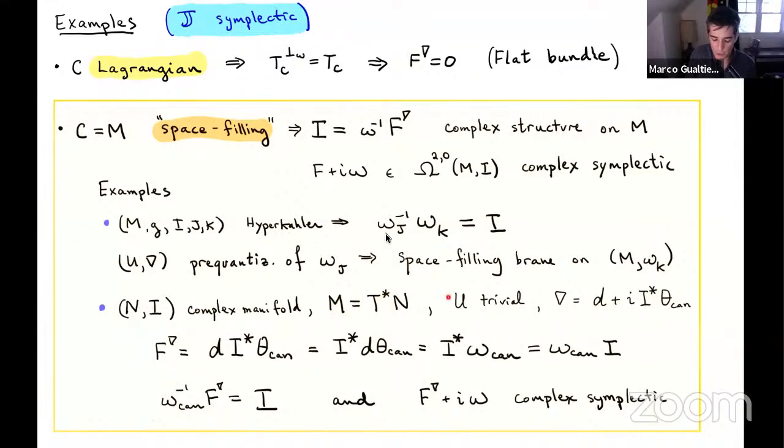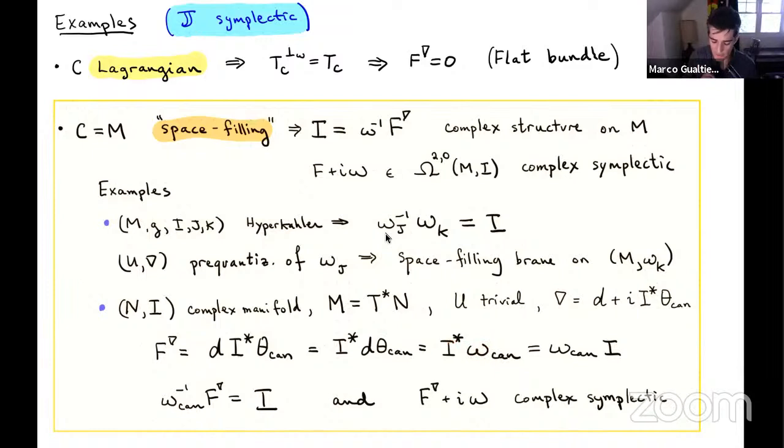And then we take the trivial line bundle, but for our unitary connection, what I'm going to do is take the canonical one form, and I'm going to twist it, or multiply it, by the complex structure on the cotangent bundle. And I'll use that one form to define a unitary connection on the trivial bundle. So what would be the curvature of this line bundle? The curvature would be the derivative of this one form, which turns out to be the canonical symplectic form twisted